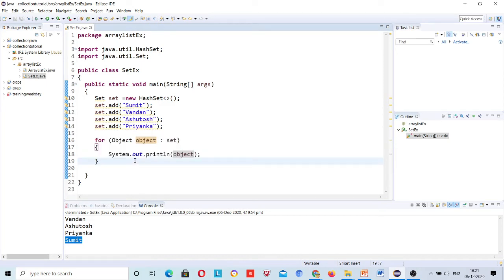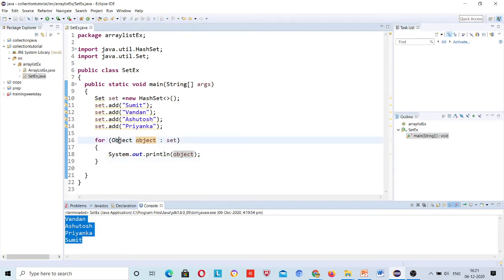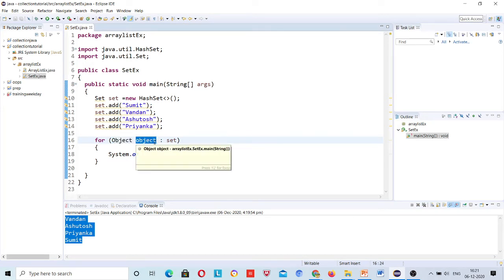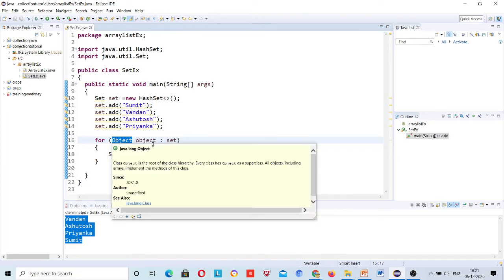Now the second thing, that insertion order is not maintained. Now every time if I do it like this with Object, you will be confused, what is this Object? I have never used that. Object is actually the super class of all Java classes that you know, right?